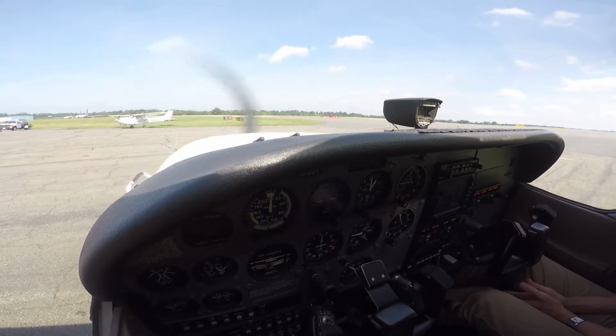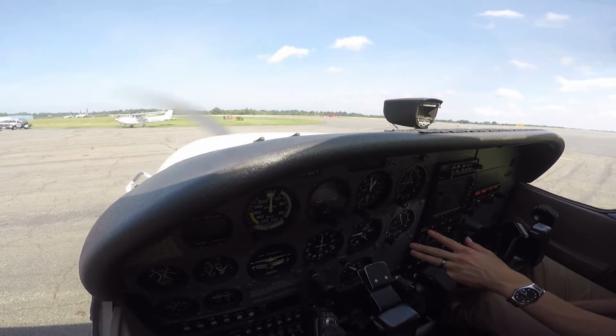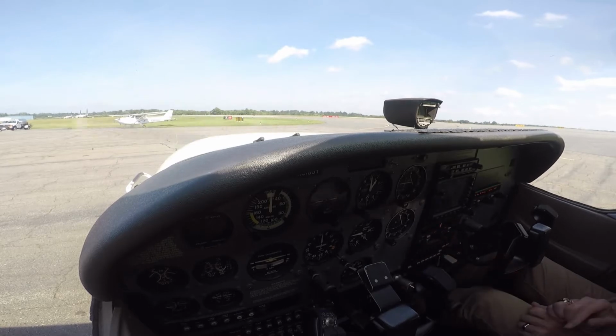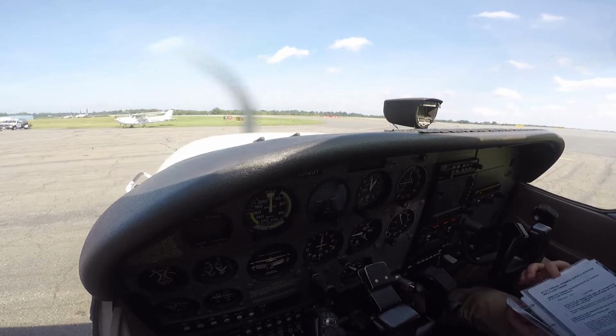Avionics and radios. I always have trouble remembering which is the tower and which is ground. I'm pretty sure the tower is 128.25, but I'm not 100% sure. So 123.75 is your tower, and then there's the ground frequency. But just in case there's a question, there is in the checklist, in each one of them, a sheet in here